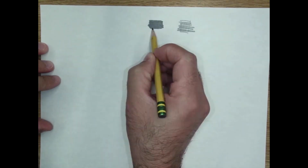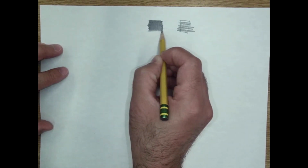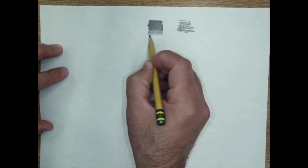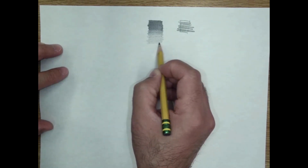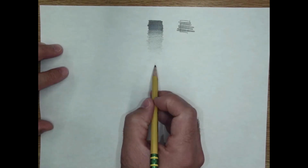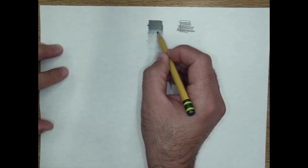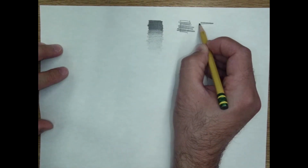I want you to do this, and then what I want you to do is to practice gradually letting up on the pressure as you come down the page, so that you get a smooth transition from dark all the way to a mark that's so light, it's just the color of the paper. And you see how this is smooth? Right here, if I do it sloppily,